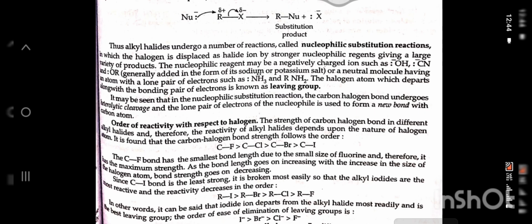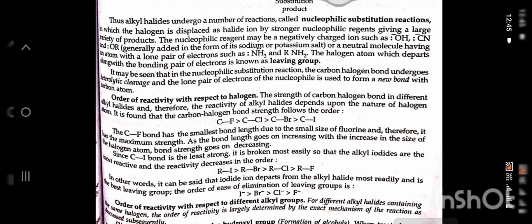As the bond length goes on increasing with the size of the halogen atom, bond strength goes on decreasing. Since the carbon-iodine bond is the least strong, it is broken most easily, so that alkyl iodides are the most reactive and the reactivity decreases in the order RI > RBr > RCl > RF. In other words, iodide ion departs from the alkyl halides most readily and is the best leaving group. The order of ease of elimination of the leaving groups is I⁻, Br⁻, Cl⁻, and